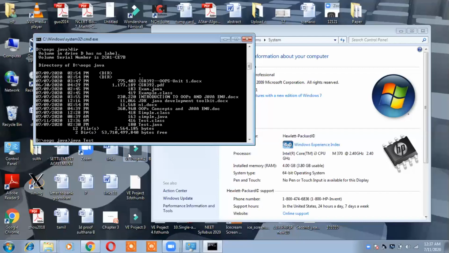JDK contains tools, API and Java runtime environment. Java runtime environment contains JVM plus class libraries. JVM contains just-in-time compiler, that is JIT compiler. When I am executing, my bytecode is given to JVM. JVM gives this bytecode to JIT compiler. JIT compiler will convert this bytecode into corresponding machine code. Then only your program will get executed. Okay, and then machine code will be loaded into main memory, and then it will execute the program. Okay, so basically, who is responsible for executing your bytecode is your JVM, that is Java Virtual Machine.